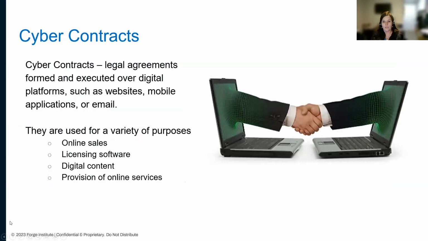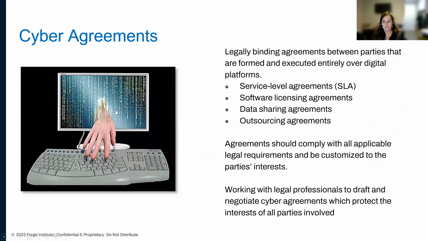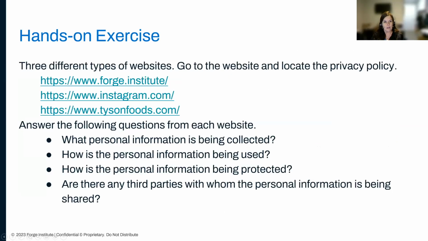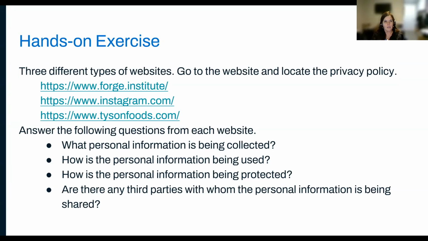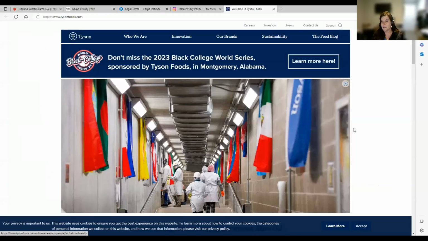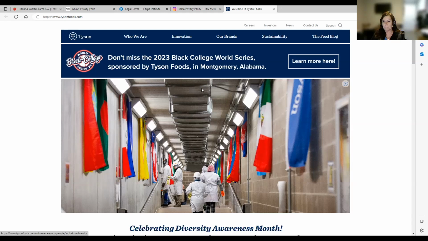So let's go back to Tyson Foods. We'll look at that one real quick. Tyson Foods is one I thought we would share and talk about, given that it is Arkansas-based and has information as well. So, looking at their privacy policy,